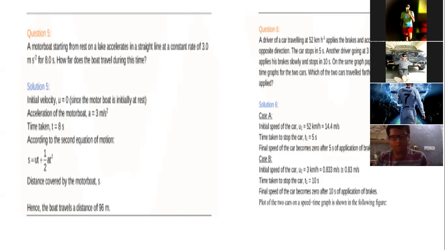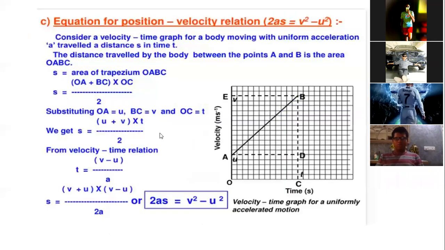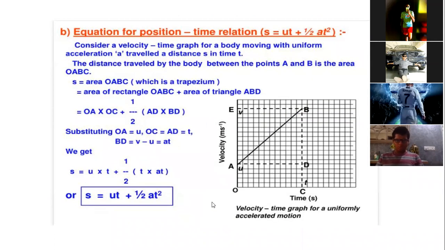Just see the second statement in the question. It is written, how far does the boat travel during this time? That means we are asking you to find s, the distance. So you have to find small s. Now for s there are two different equations you have found out. One is 2as is equal to v square minus u square, and the other is s is equal to ut plus half at square. Now how will you decide which